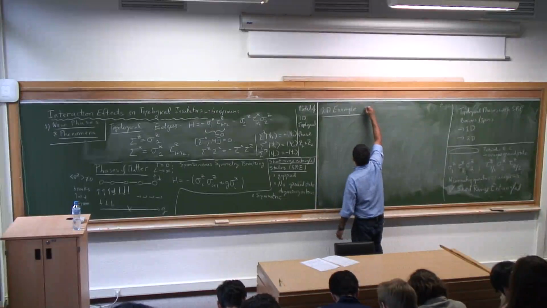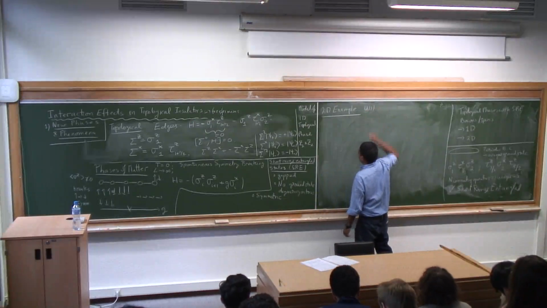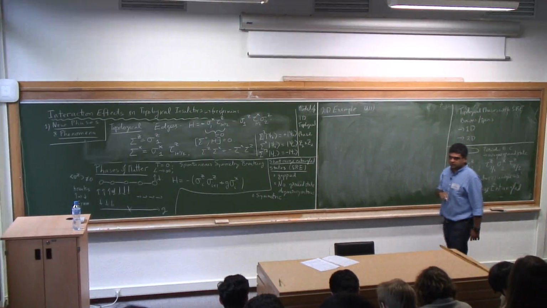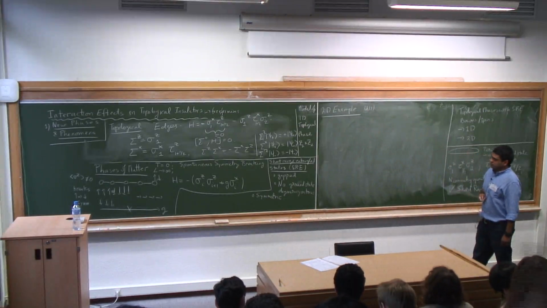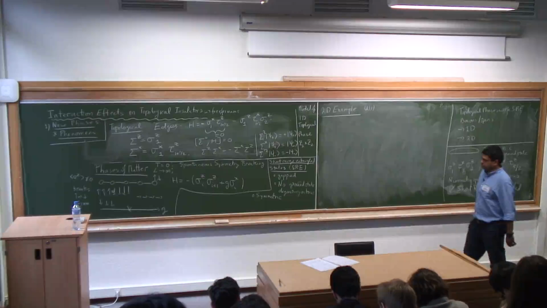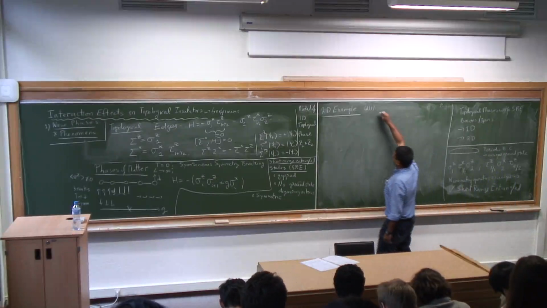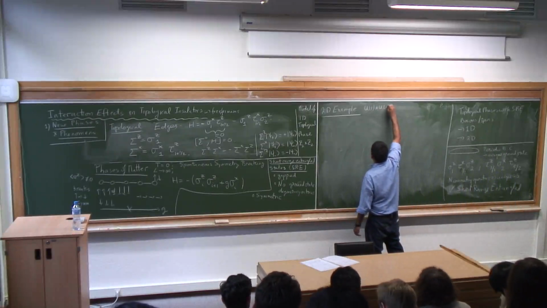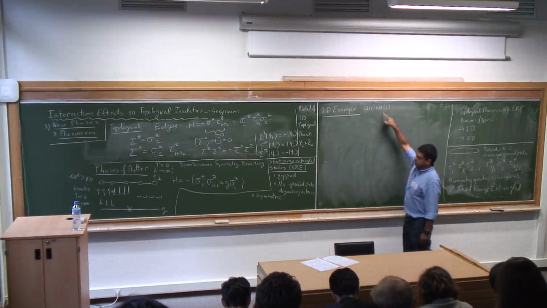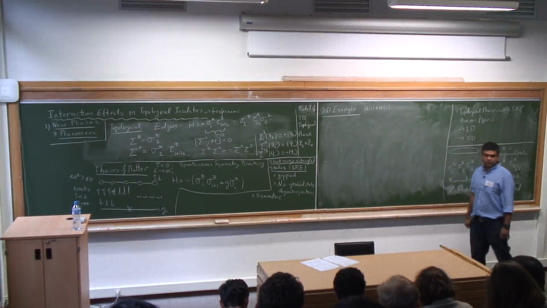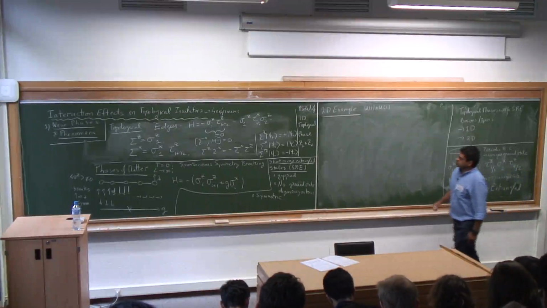Okay, so to find a 2-dimensional example, the symmetry that we'll consider is, it's natural to consider a U1 symmetry so that we have vortices. And because I want to make these vortices non-trivial, somehow different from regular vortices, let me actually assume that I have 2 of these U1s. Okay, and I'm going to take the charge of one U1 and attach it to the vortex of the other one. Okay, so what does it mean to have 2 U1s?